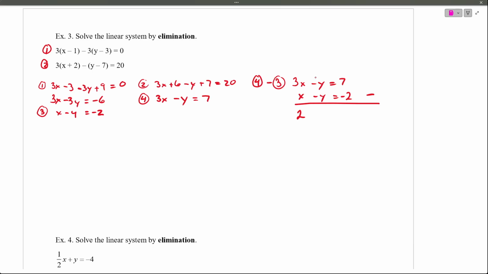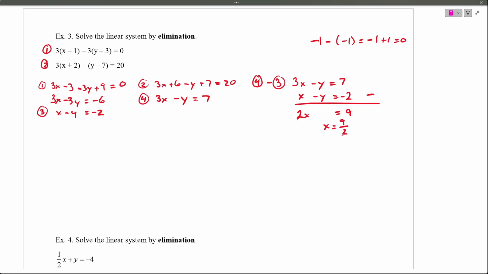So think of this as negative 1 minus negative 1. That's the same thing as saying negative 1 plus 1, which gives us 0. So the y's go away. So we don't have to worry about that. On the other hand side, we have 7 minus negative 2, so that just gives us 9. So we end up with, oops, we forgot our x there. We end up with 2x is equal to 9. We got to bring the 2 over to the other side,